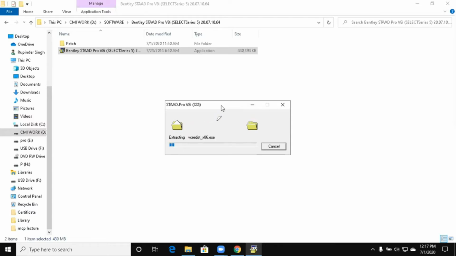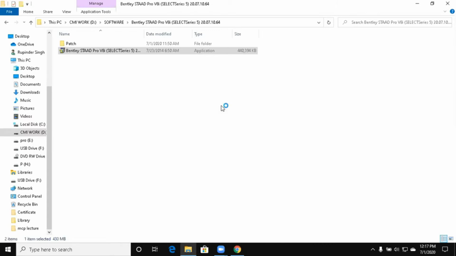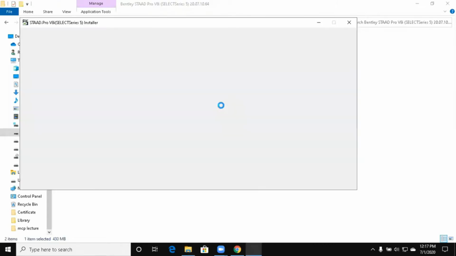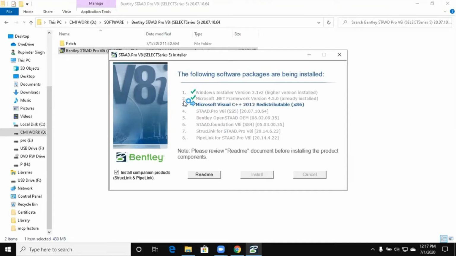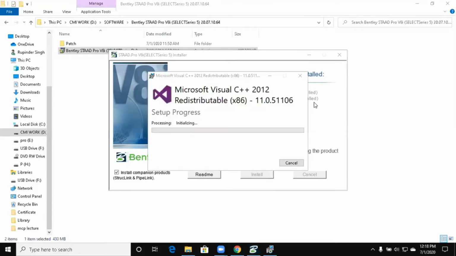The extraction of your setup is going on there, and now you can see that another window is open where a list of programs is mentioned, and now you have to click on the install option and installation will start.